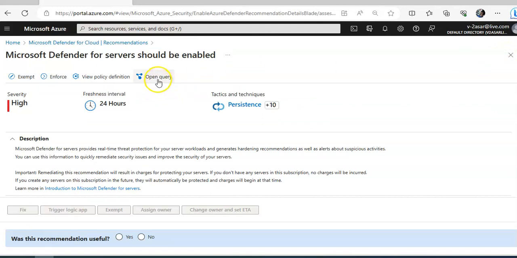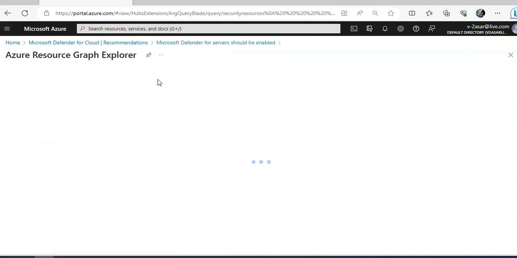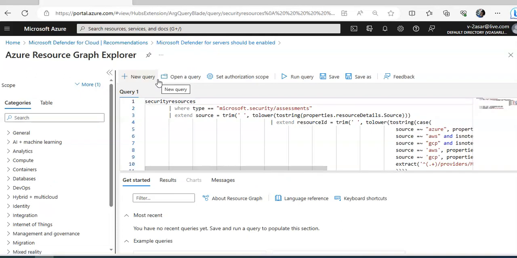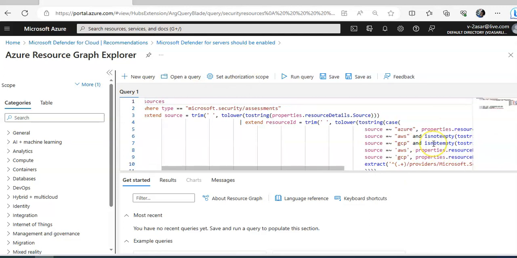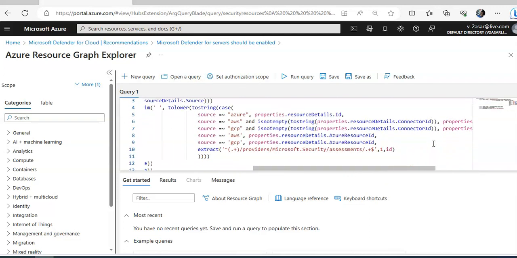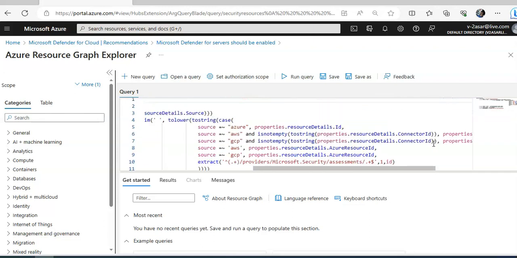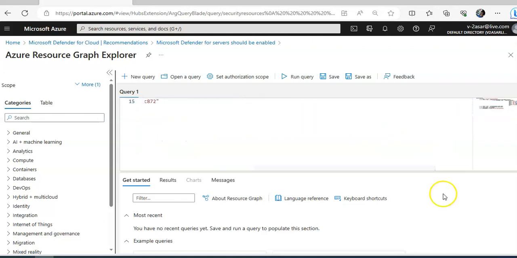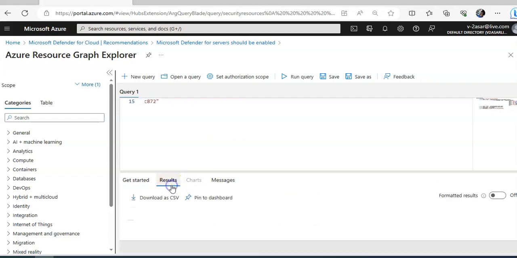Then you click on open query. It will show you the Azure Resource Graph Explorer. All recommendations have options to view the detailed information about the affected resources using the Resource Graph Explorer. If you come here, you will be able to see it. If you go back again,